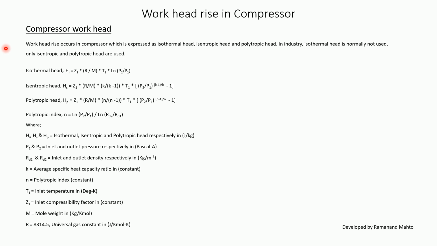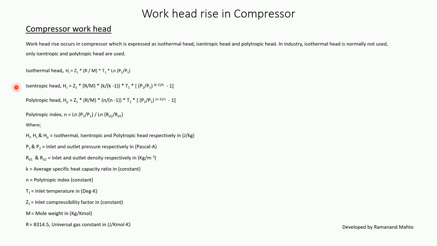Now work head rise in compressor. So we call it a work head rise or compressor work head. So work head rise occurs in compressor, which is expressed as isothermal head, isentropic head, and polytropic head. In industry, isothermal head is normally not used. Only isentropic and polytropic head are used. However, isothermal head कैसे निकालते हैं? HI is equal to Z1 into R by M into T1 into log of P2 upon P1. तो इस तरह से हम isothermal head निकालेंगे।